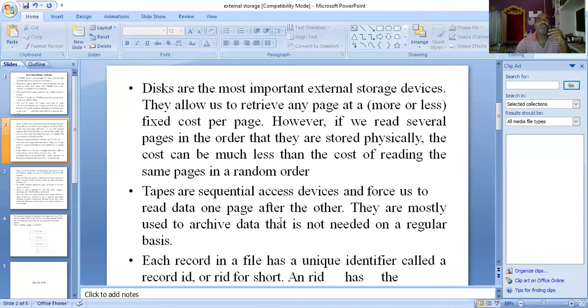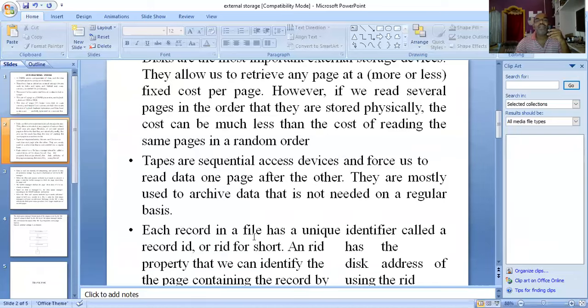We store data on tapes when that data is not regularly used. That is, if we want to back up the data, then only we use magnetic tapes.